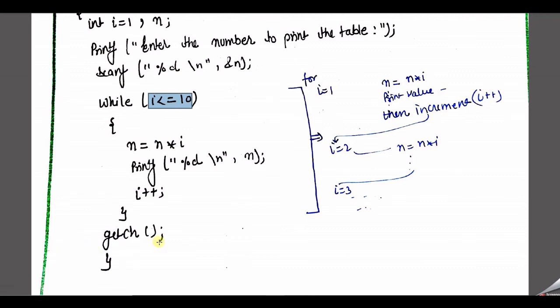Okay, so today we covered this portion: what is the while loop, what is the use of the while loop, how we can apply the while loop in our program code, and how we decide the logic behind the while loop. First of all, we need to decide the initialization value, that means the variable from where we need to start our variable value.